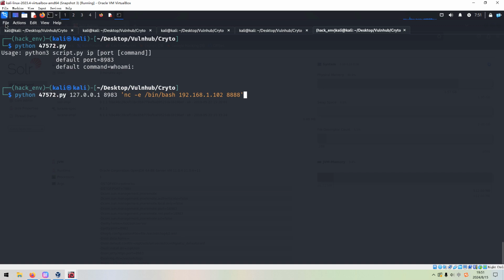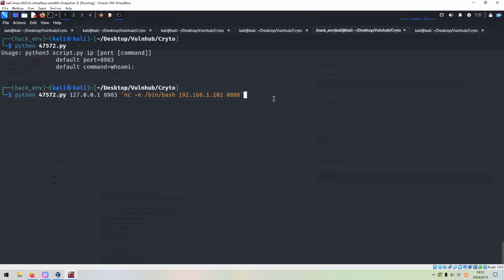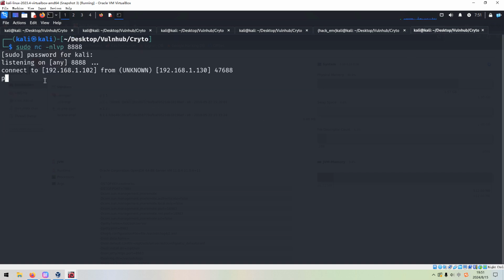Before we run it, we need to set up another listener first. Okay, it's done, and then we try to run it. As you can see, we got the connection back, and we can import pty and spawn.